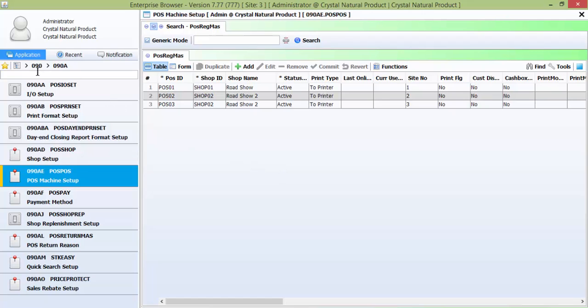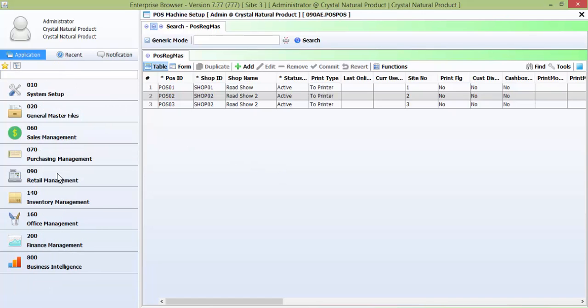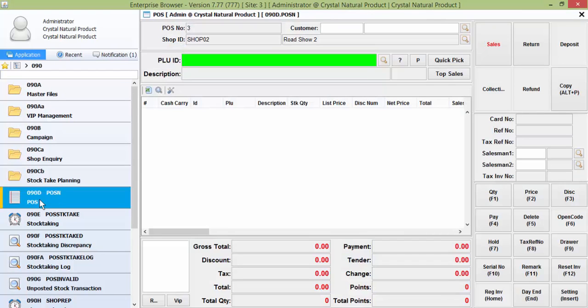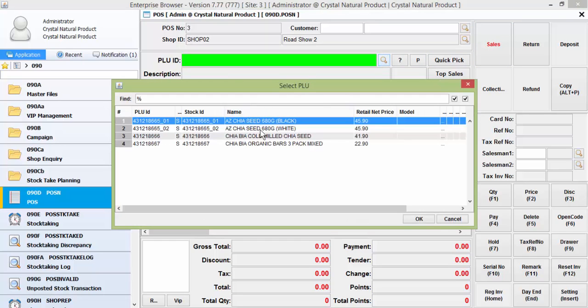So let's go to root, retail management, POS note. What we have here is our POS machine interface. We automatically open machine number 3 because we assigned it to site number 3. To do some quick sales, click on sales, look for a stock ID,